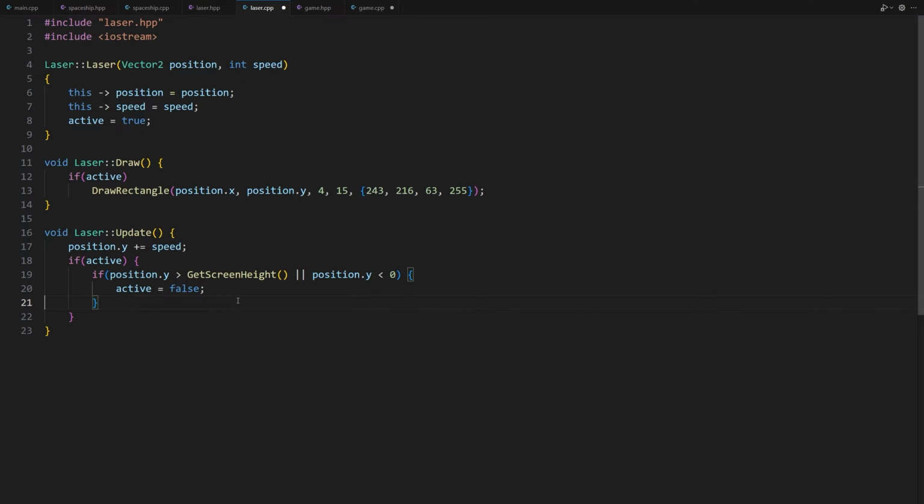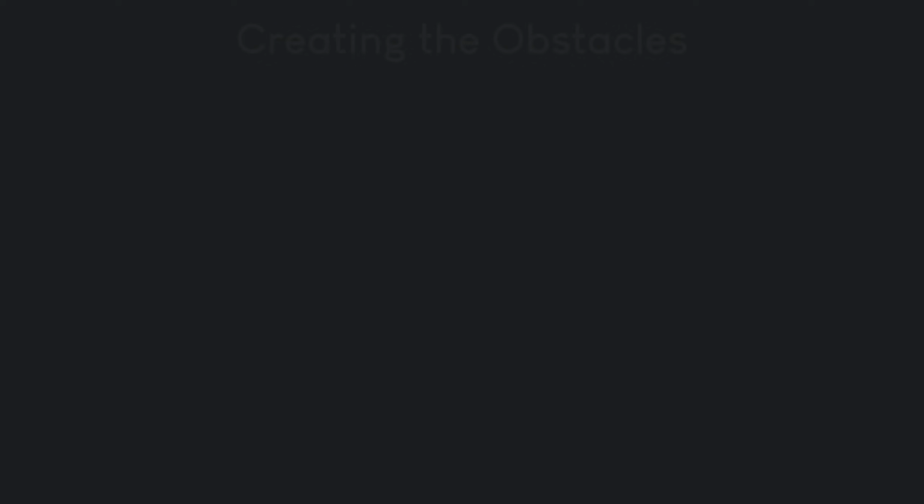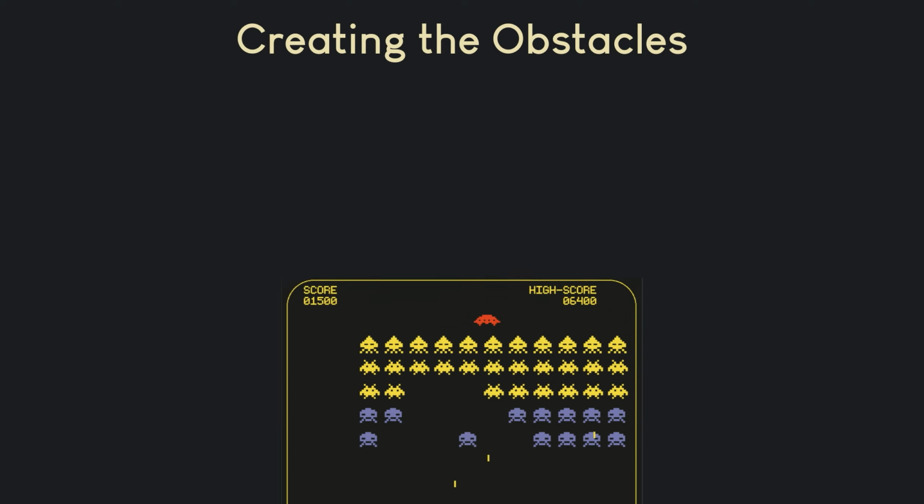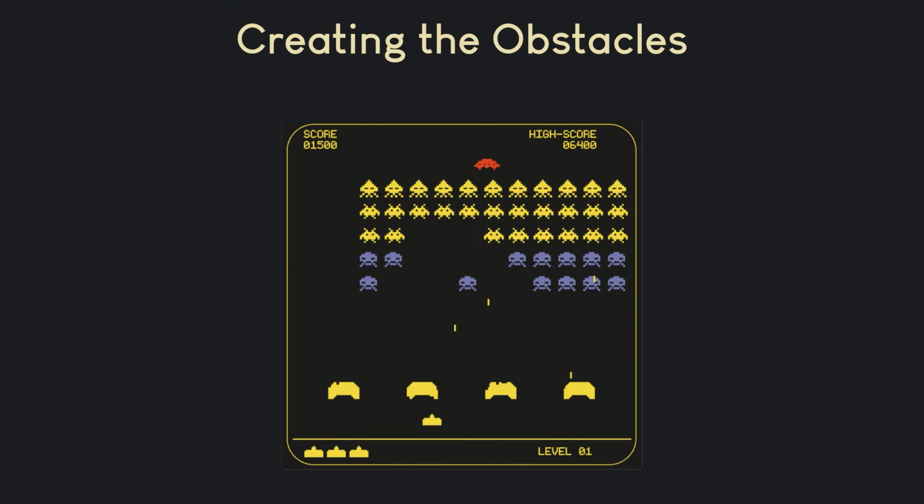Let's create the obstacles. Before diving into the code, let's take a moment to plan how we will represent the obstacles. In the game, there are 4 protective barriers, under which the player's spaceship can hide to avoid alien lasers. While it might seem straightforward to represent them as sprites, there's more to it. The obstacle should display damage when hit, whether by an alien laser or from the player's spaceship laser. So how do we translate this behavior into our code?